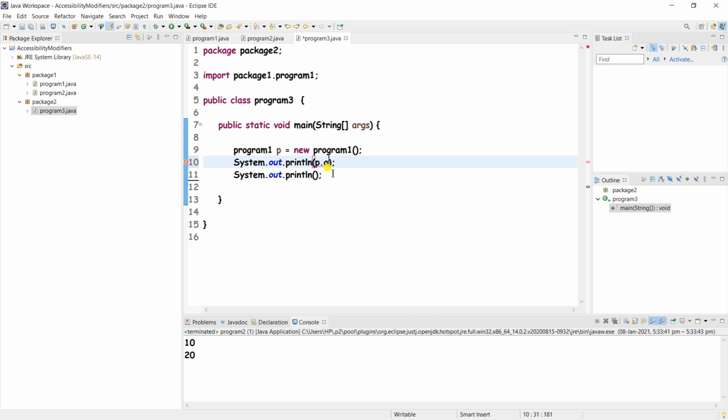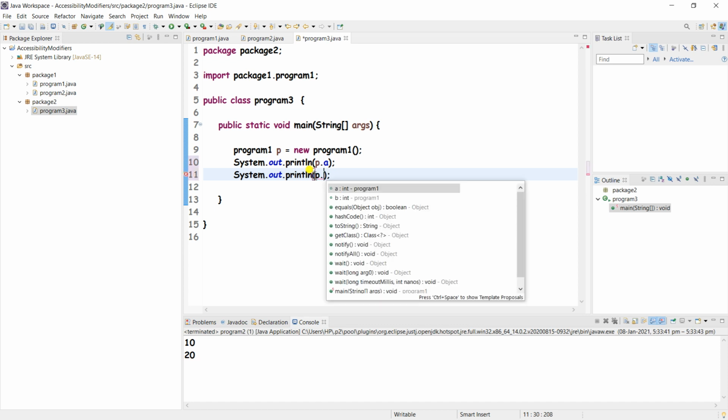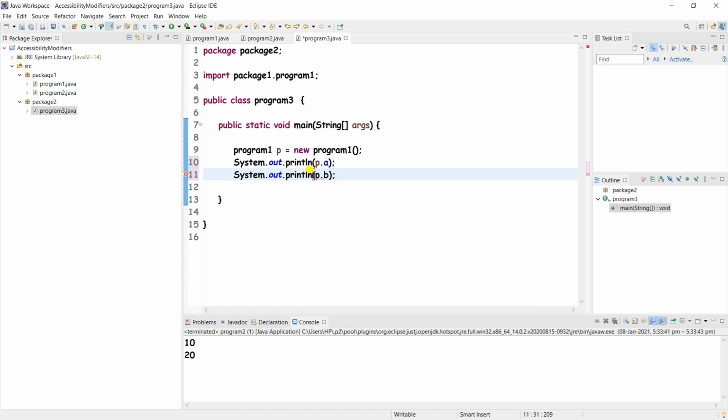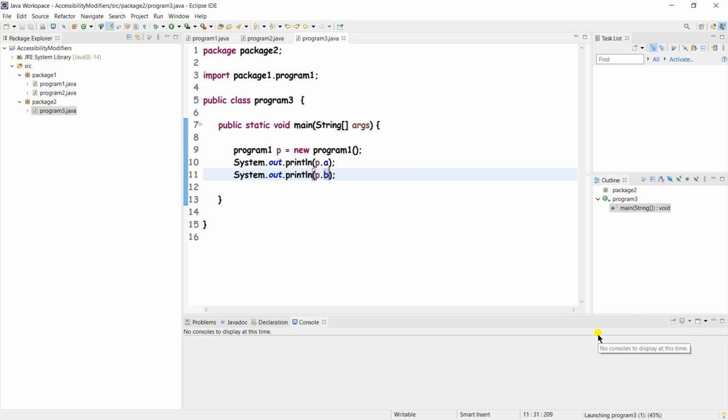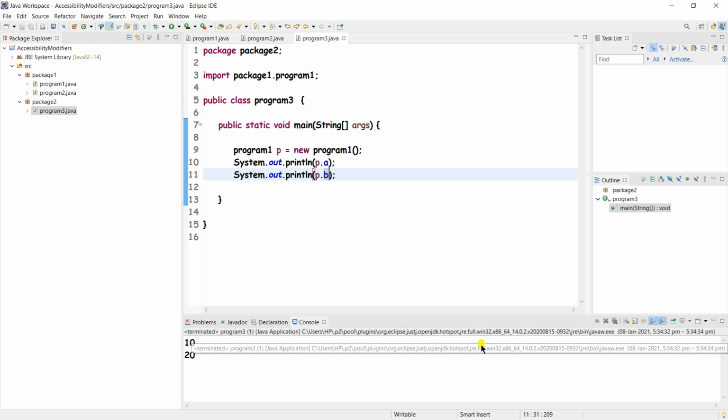Yeah, they came, because a and b are now public, right? So save that program and run it as a Java application. 10 and 20 output came, right? So this is very simple, accessibility modifiers in Java.